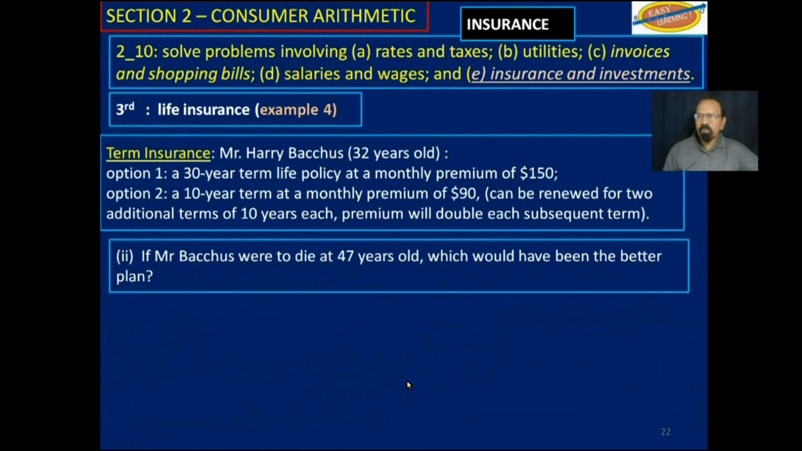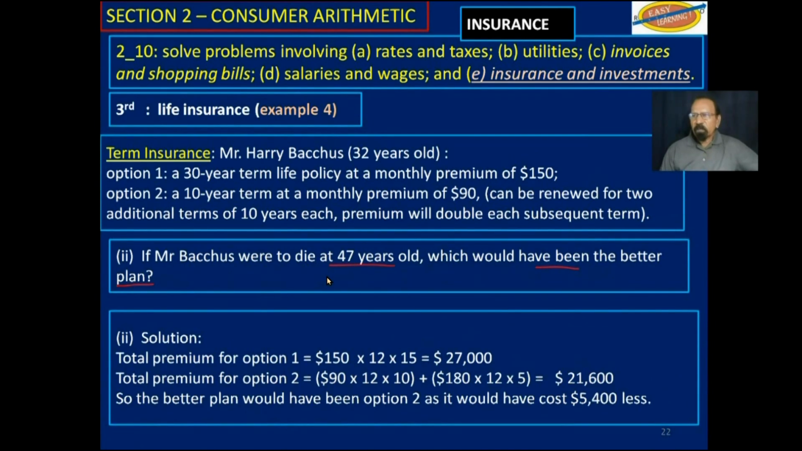Second part of the question says, if Mr. Backus were to die at 47 years old, which plan would have been the better? Now let's see how this one works. Total premium for option 1 would be 150 times 12 times 15, because remember, from 35 years to 47 years is 15. That would cost